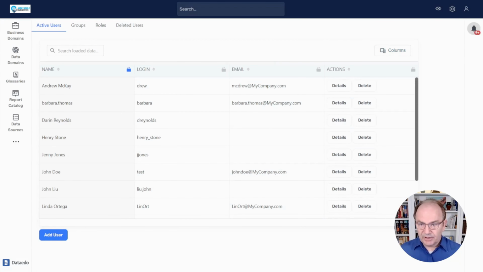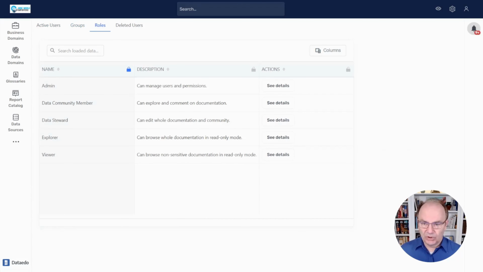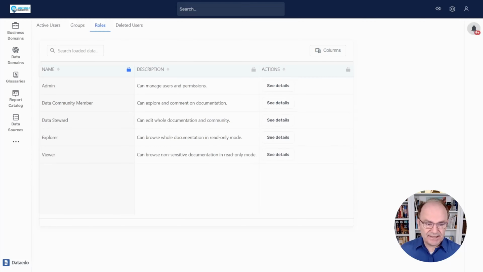Now you will probably remember that we've always had the ability to add users, to add groups, and previously we could add roles right here. You no longer have that ability, and by extension you no longer have the ability to edit the permissions for roles. So these are preset, they come set up for you out of the box, and what exists here should deal with all of the situations that you will face, all of the different types of roles and permissioning that